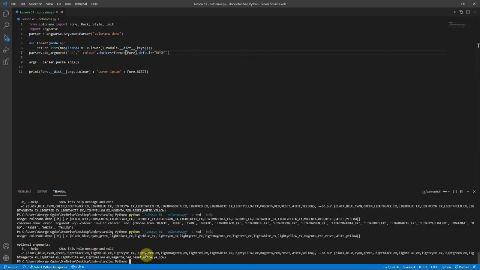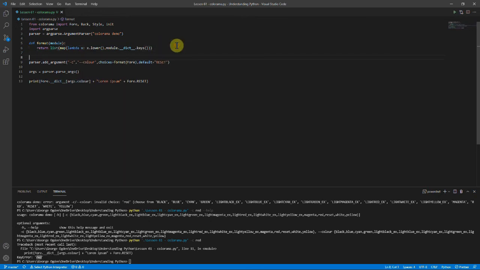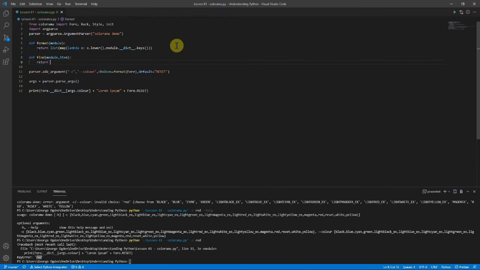And you see now everything's lowercase, and if we just do -c red, it says we have a key error red, because here we need it to be uppercase. And again, maybe we should make this another function. So we'll call this find, and it will find the item in the module, and we just return the module.dict with the item, except .upper. So then here we can just put in find the args.color in the for module,